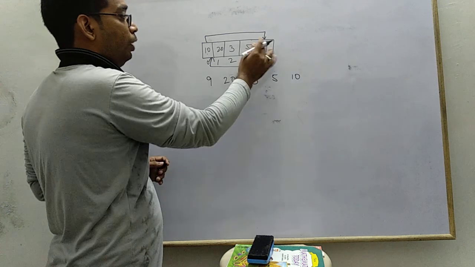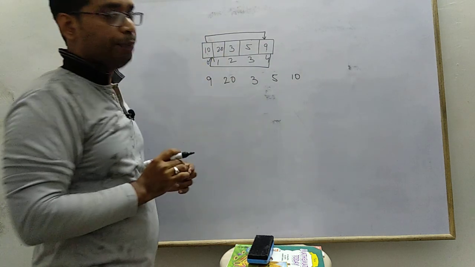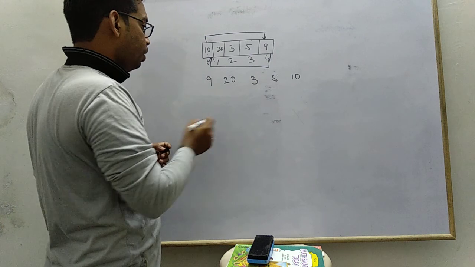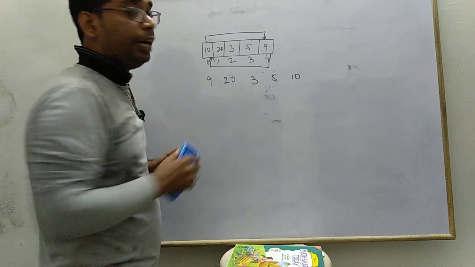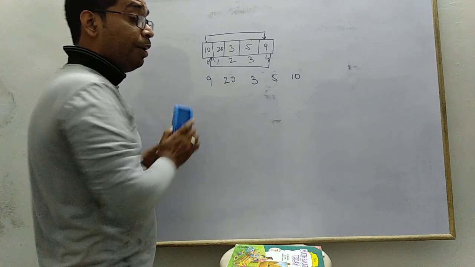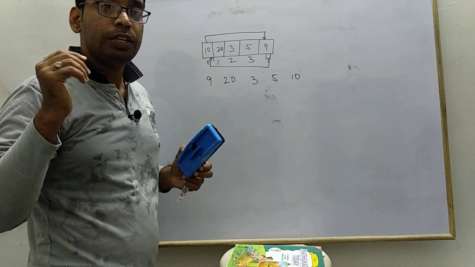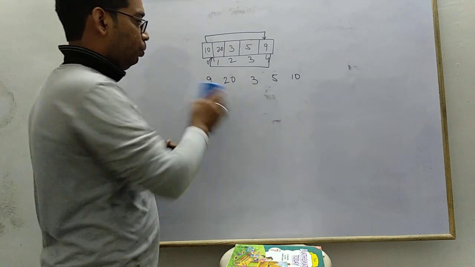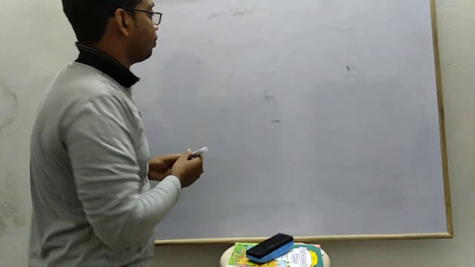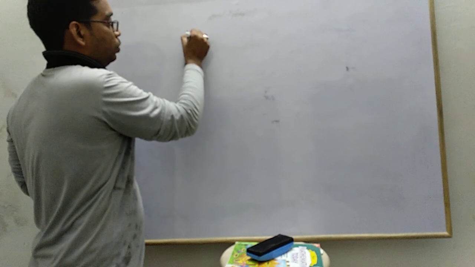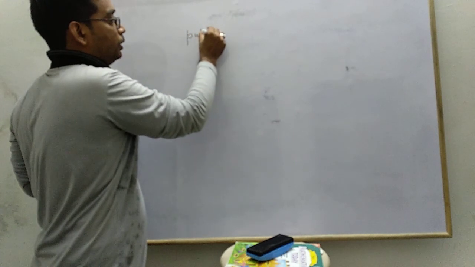Okay, so only the first and last digit we have to move. So how to write the program? I'm going to write the logic but in a different way. That means the length of the array is unknown. So first of all, public